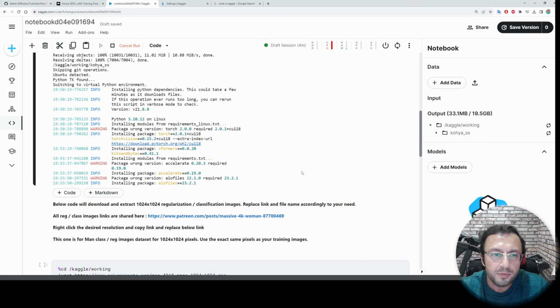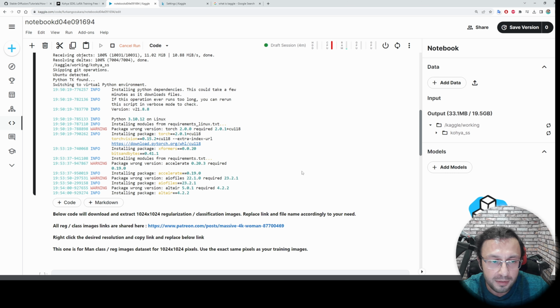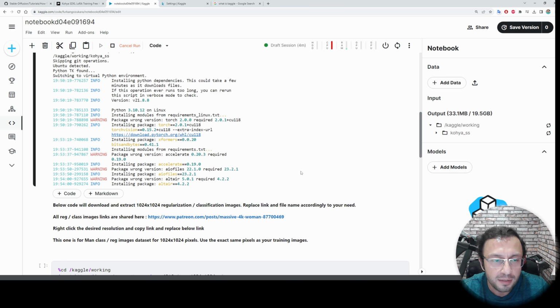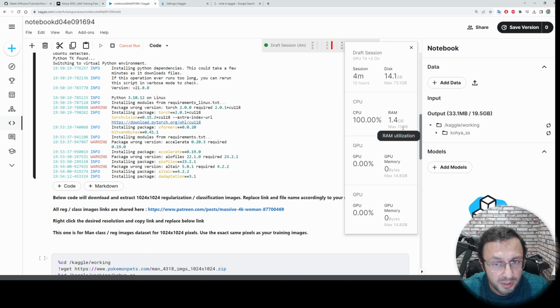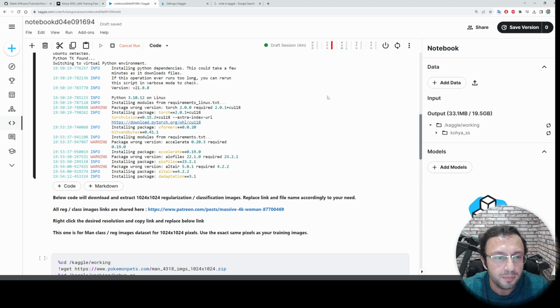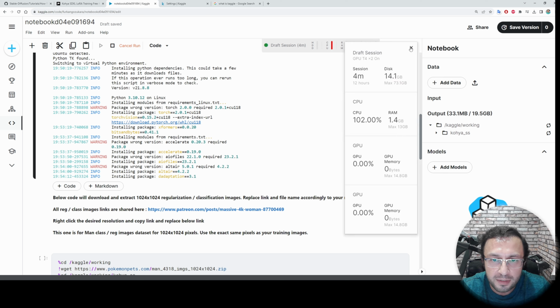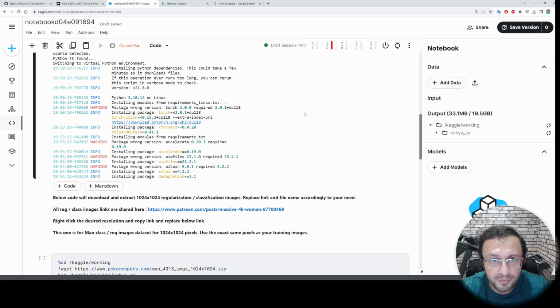Very carefully following this tutorial video is really important because there are a lot of tricks that you need to do to make it work on Kaggle. All because of the limited RAM that Kaggle provides us. Kaggle is only providing 13 GB RAM. And this is the same with Google Colab as well. These are free options. Of course, you can upgrade your account and get better resources both on Kaggle and also Google Colab. But for this to work on a free account, there are several tricks that we need to do.